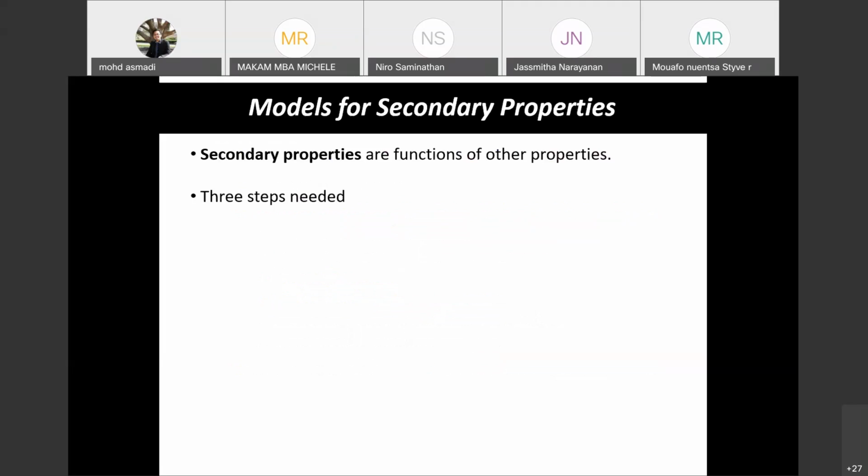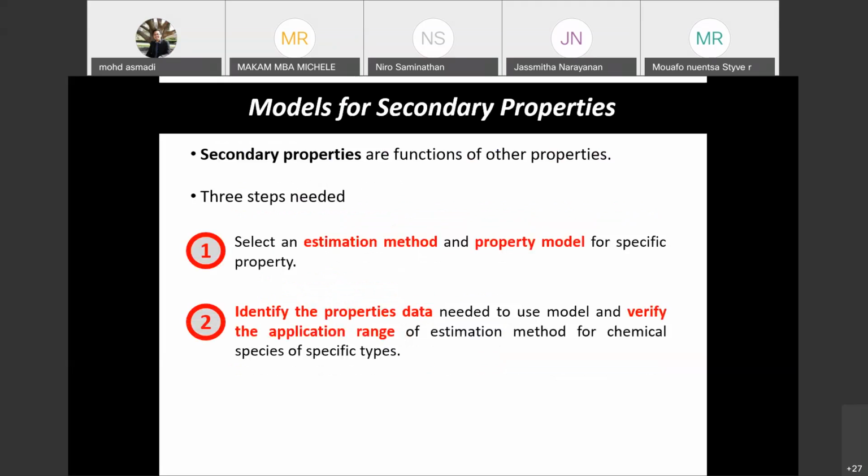Secondary properties are actually the other properties that we need to consider after the primary. If you remember the relationship between the property models, properties, and calculated property values, this is consistent